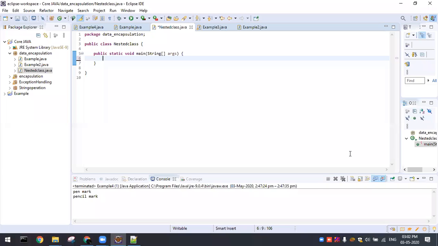Okay. So nested class is nothing but, we saw already, data members as well as functions are wrapped inside a class. That is called encapsulation. So in this case, instead of taking a member function, we are also including a class as a member, right? So that is called a nested class. This nested class can be classified into two categories. Let me go ahead with the categories first.